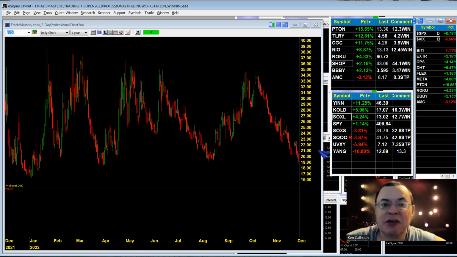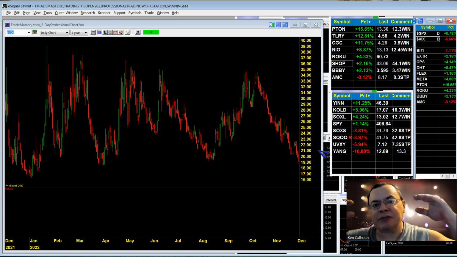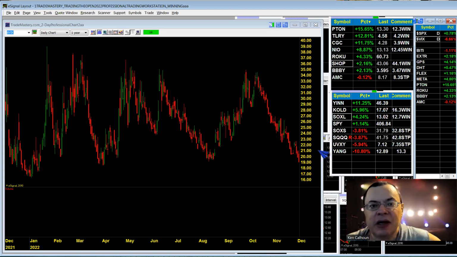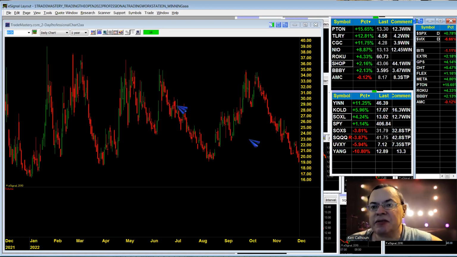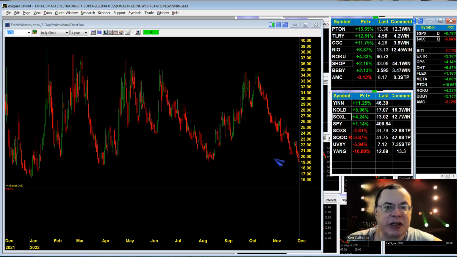Now is a good time to take your money and run or tighten up trailing stops on current positions you're in, because the volatility index is going to go back up within a week or two at the very latest. I would expect next week we'll start to see a bounce no later than Wednesday. Keep an eye on the VIX to see if we break 23, a major resistance area. Any whole number on a bounce over 20, 21, 22 is a sign the VIX may be coming back to life. So when it goes up, the market goes down, and vice versa.